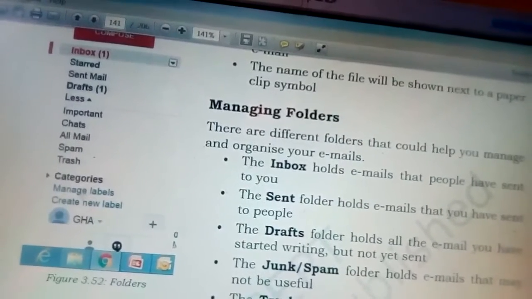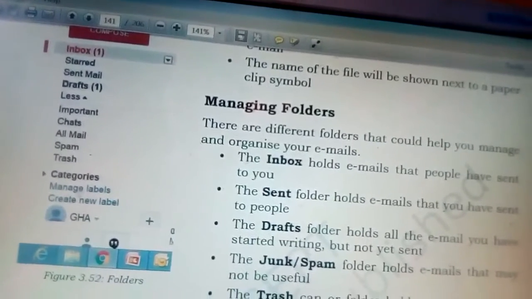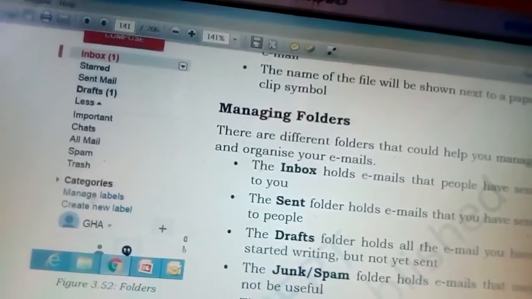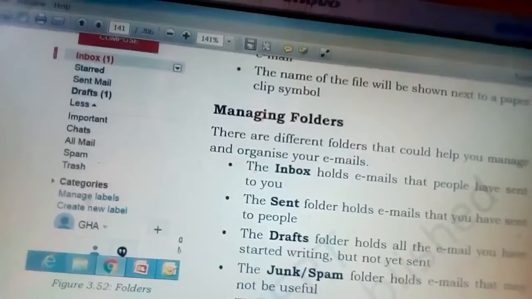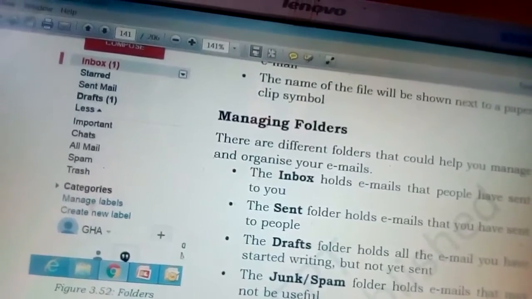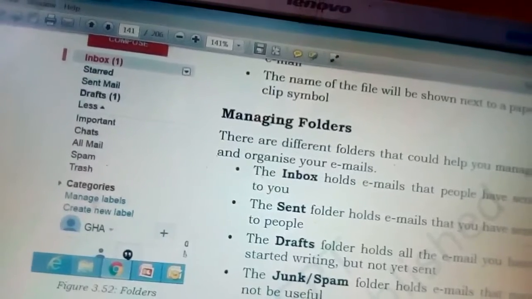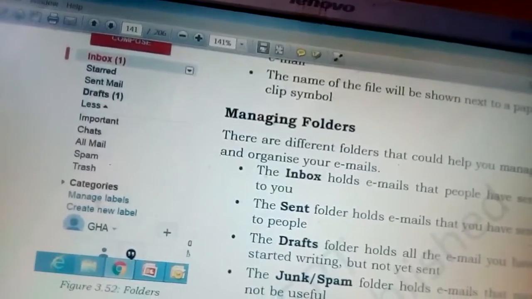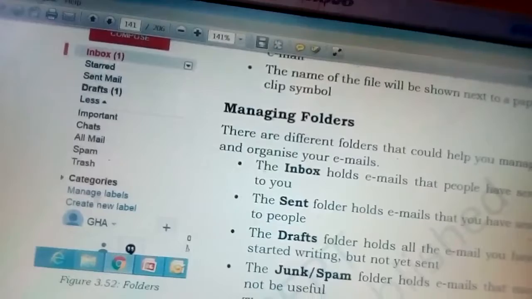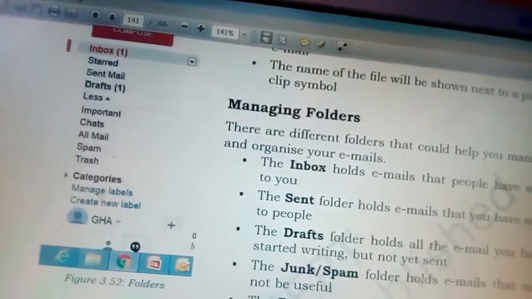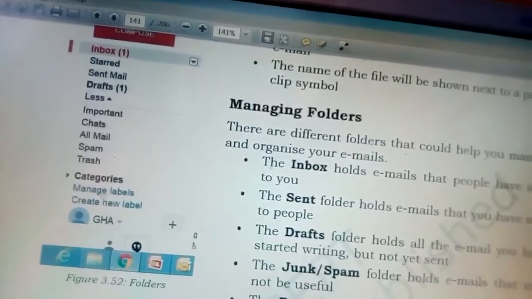It collects a copy of every email deleted by the user from inbox or any other folder. These are the folders which are used in emails. A user can create a new folder and move received emails to it, and the user can also move, rename or delete an existing folder.